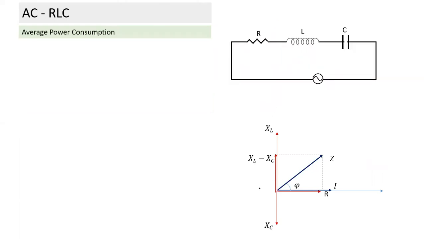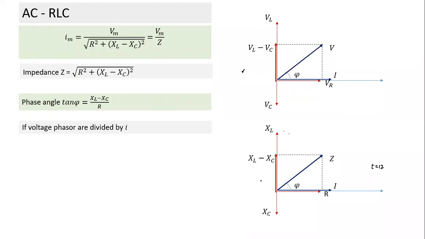Sir, if we divide VL by I, we won't get impedance. Sir, VL is L di by dt, right? Are we talking about instantaneous value, or is this drawn as amplitude? We are talking about maximum current, this amplitude. We are talking phasor, not instantaneous values. And you have to start understanding the difference between instantaneous values and amplitude. This is a phasor. In a phasor, only amplitude is used, or we can use RMS value, not instantaneous value.